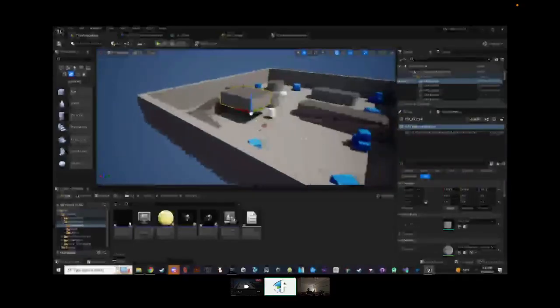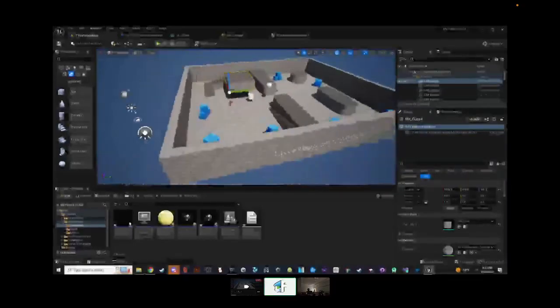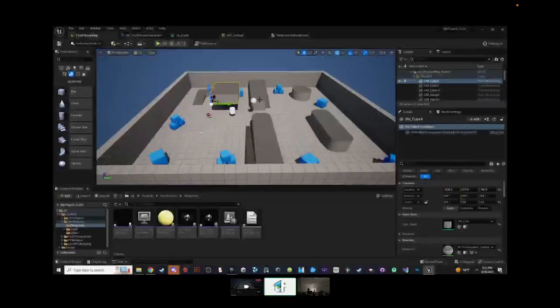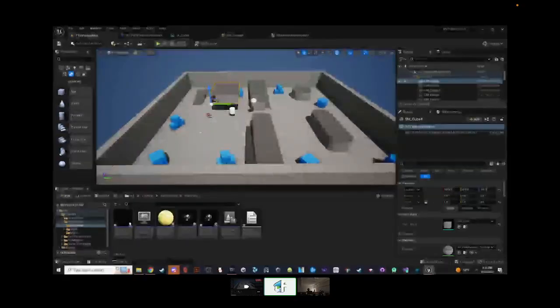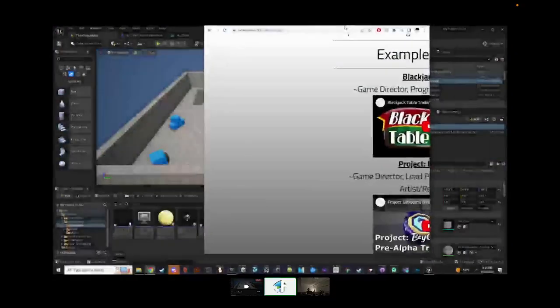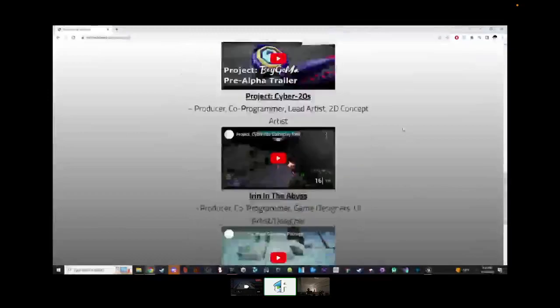So that's how you use the engine, and that pretty much concludes my little workshop. The last thing I do want to mention is some little plugs here and there. So you use the engine, but what have you actually made? As I mentioned before, I actually made a few games in my past, and they have variety to them as well.